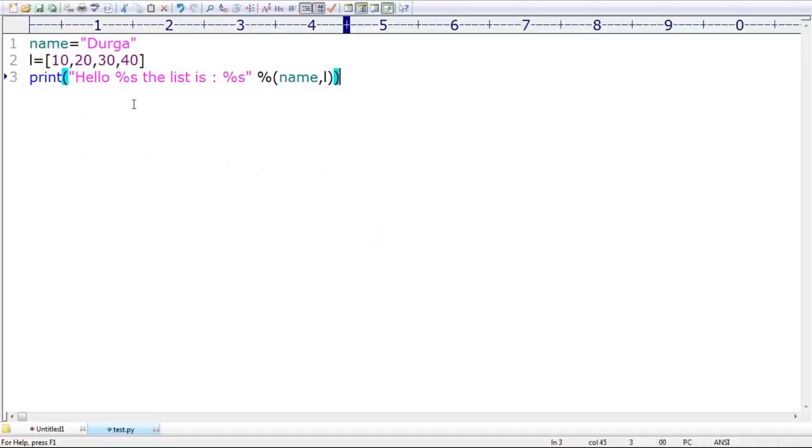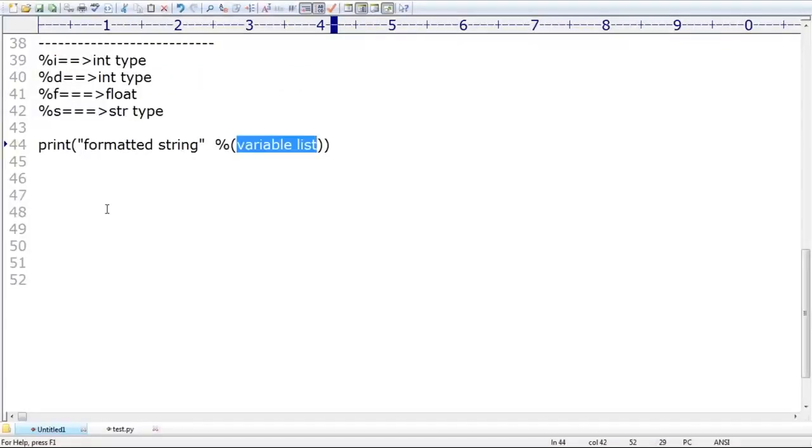Here, how many times did I use that? Two times. Then two arguments must be compulsory. If there is a mismatch, then maybe there is a chance you are going to get an error, right? Okay, that's all. Sir, next, this is about formatted string. Next, with the replacement operator, another